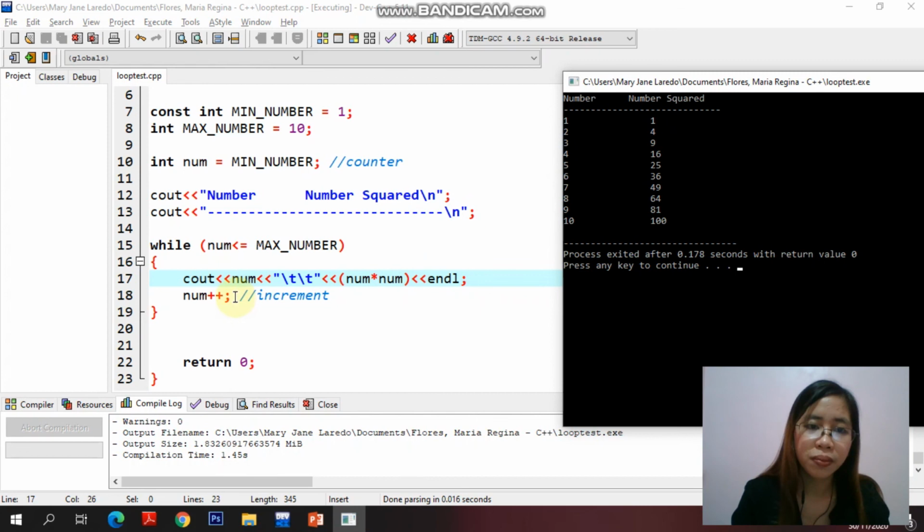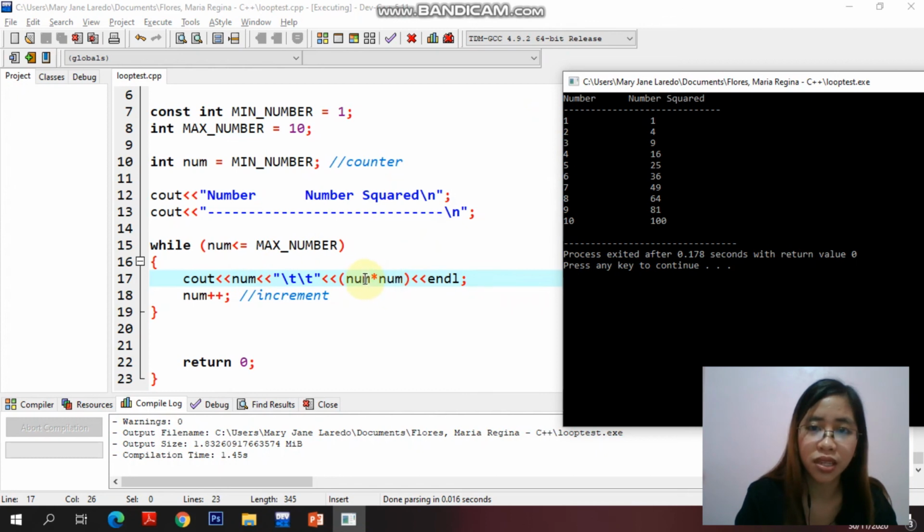Then the num increments. 1 becomes 2. Naging 2 na yung ating num. And let us test again the condition. 2 is less than or equal to 10. Basically, it is true again. So display the value of num, which is 2. So here it is. May 2 tayo dito. And then, num times num.